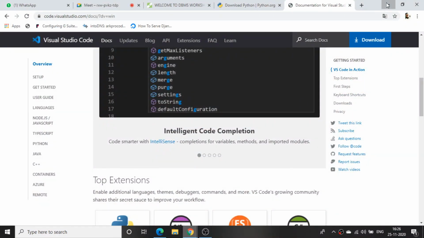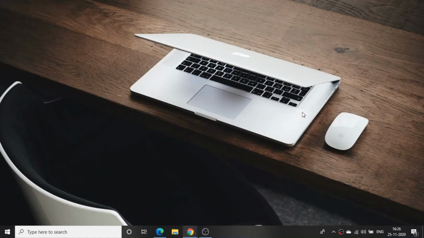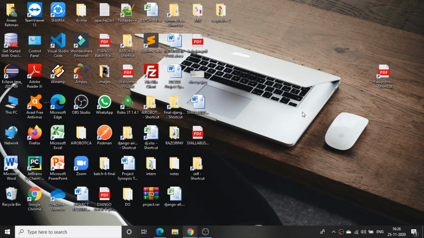next what do I need to do? We are now learning the Python basics, right? So for that we need two things: first a Python IDE, then we need Visual Studio Code. The Visual Studio Code will look like this. You can see the Visual Studio Code. I'll just open this Visual Studio Code. Okay. So once I have opened it, I'll close all the files here.